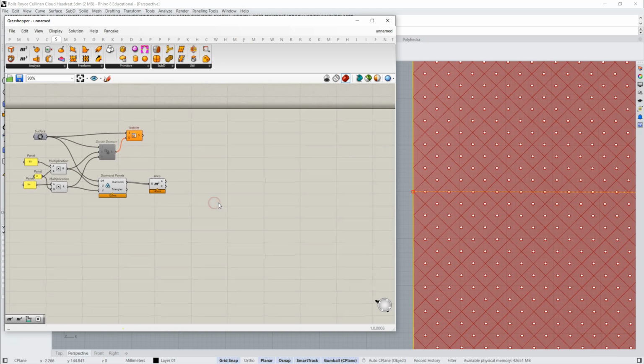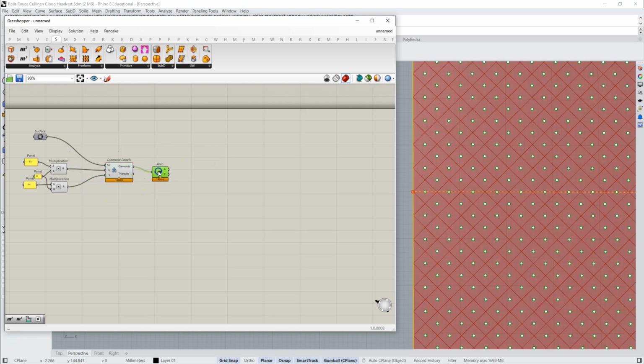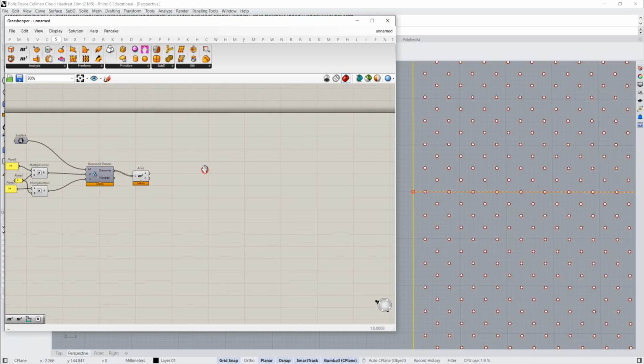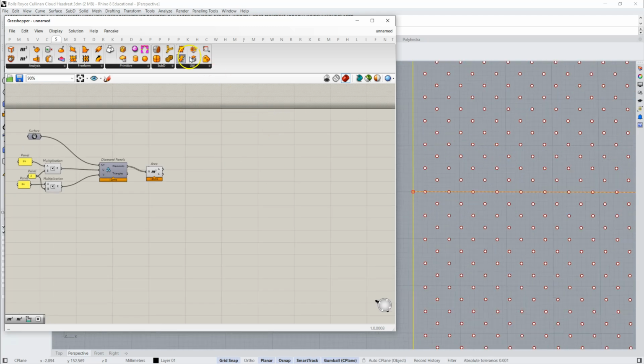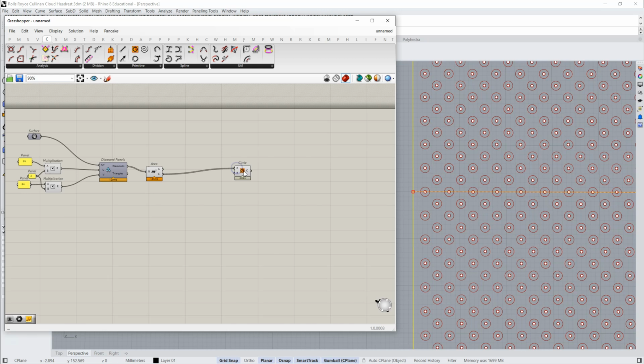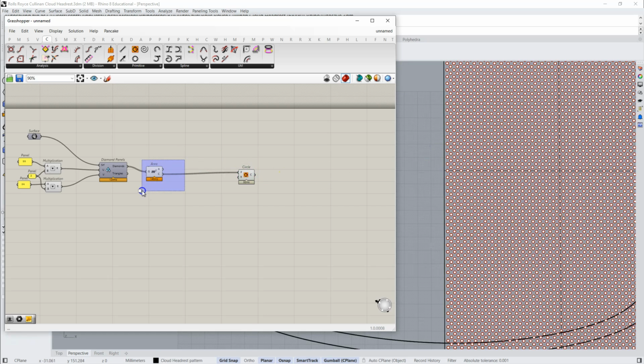What we're going to do now is we're going to use a graph mapper to scale circles on our points. So if we have the centers, I'm just going to preview that off, we can take these centers and we can draw a circle under curve. We can draw a circle, and the centroids, and we've got a radius of 1, so it's a 2 millimeter circle, and we get our circles on our grid